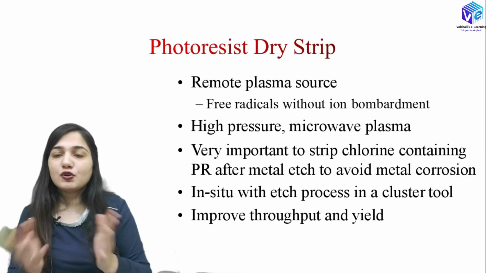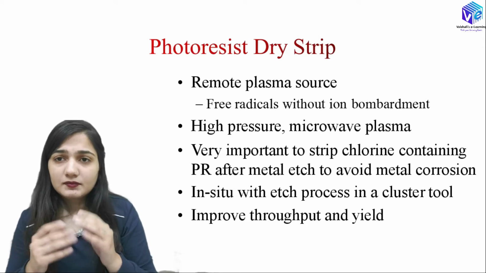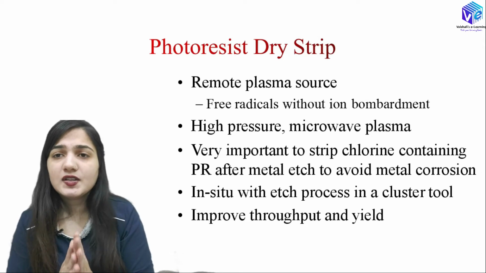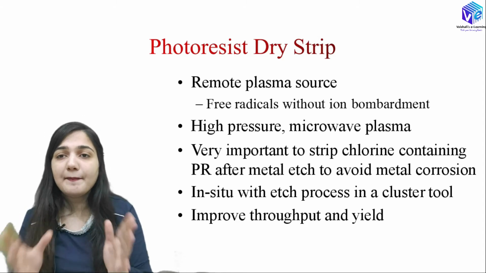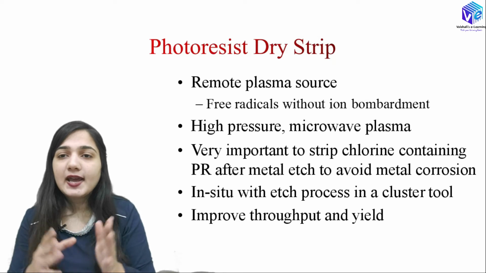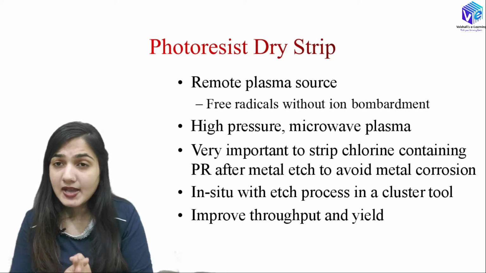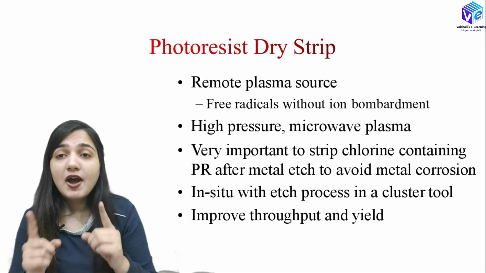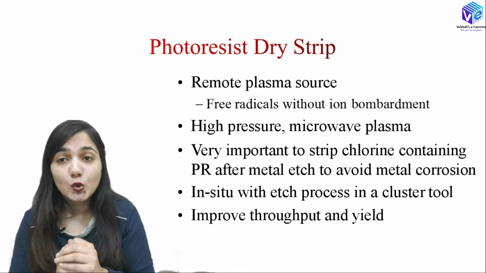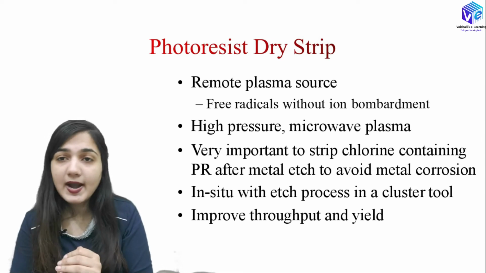Okay, so the photolithography process can be used to make the mask. In the last video, where I was discussing the metallic interconnection or the metal etching, I told you I am making the mask so that I can etch out the metal from the particular place, and the mask I am making with the help of the photolithography process. Now after that I was using chlorine. The chlorine was used as the etchant to etch out the metals.